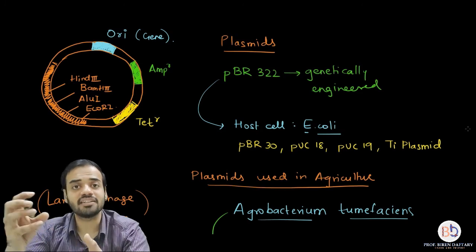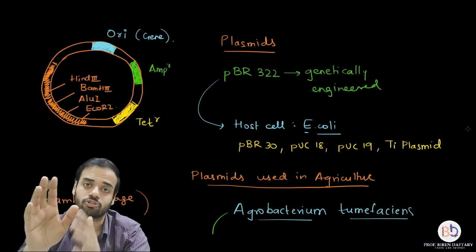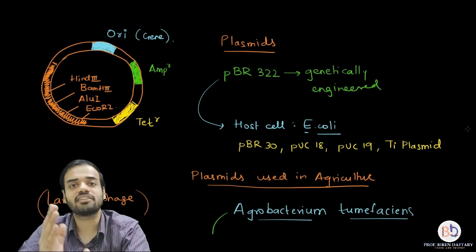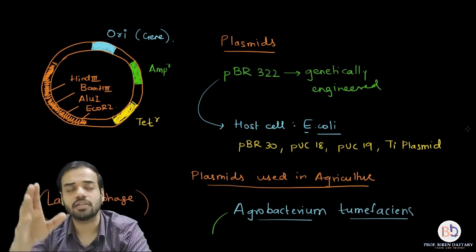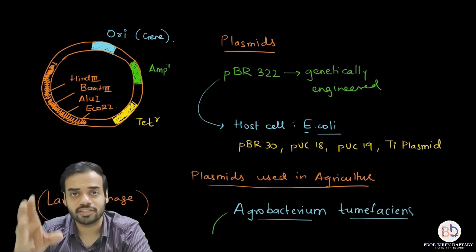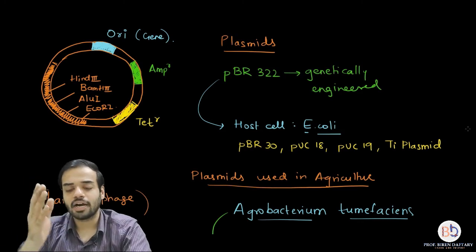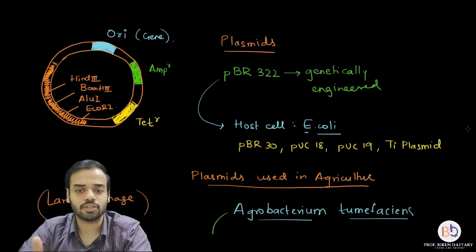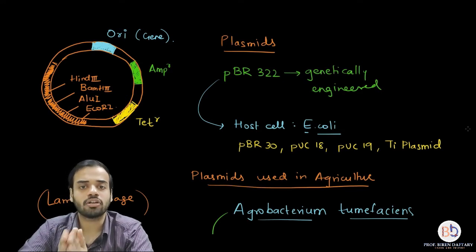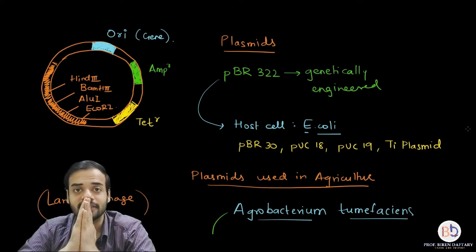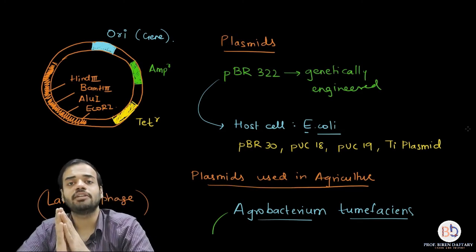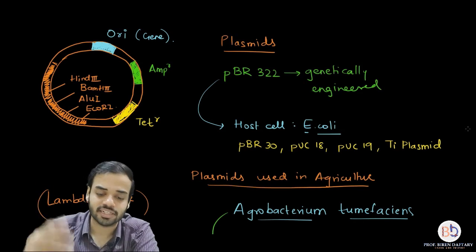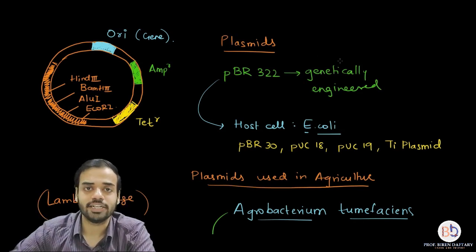Okay, that is the gene which you want to insert into the host cell. Is that clear? And the last point is that other things such as promoter, operator, and ribosomal binding sites should be present in a cloning vector. After that, we learned about plasmids. I told you everything about them. I talked about the genetically engineered plasmids. I taught you the general structure of a plasmid, and then we went on to plasmids used in agriculture, and we talked about Agrobacterium tumefaciens.